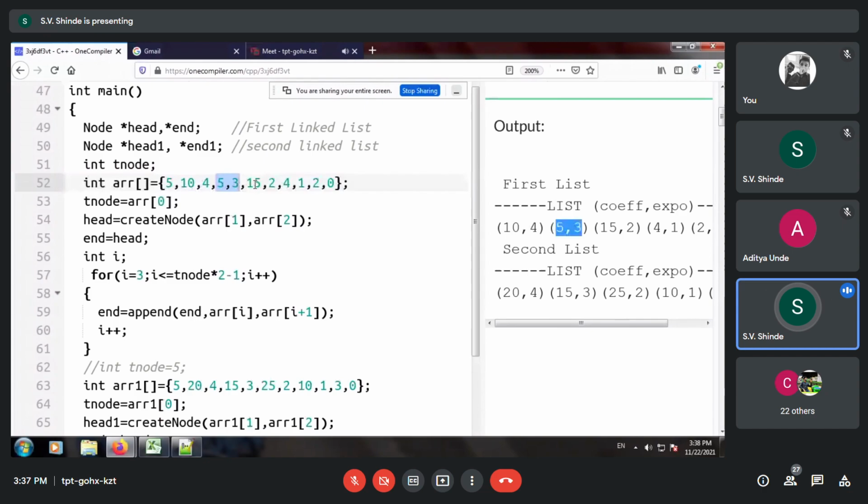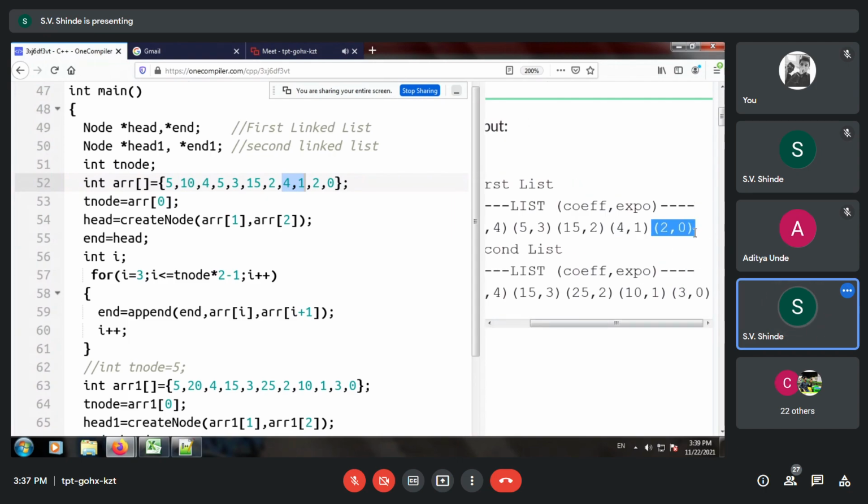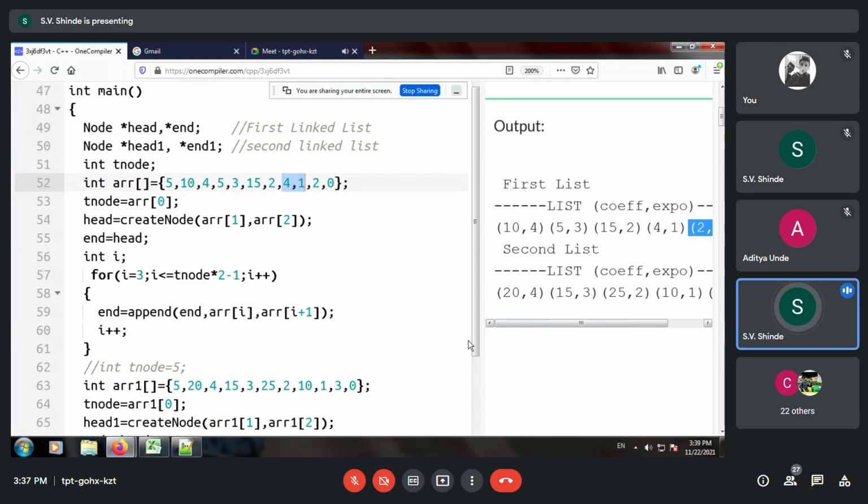Then 15, 2 and 4, 1, and finally 2, 0. So we have just represented it in the tuple format. If you want some more modifications, for example, if you want this 5 to be printed, you can use your own logic for printing.